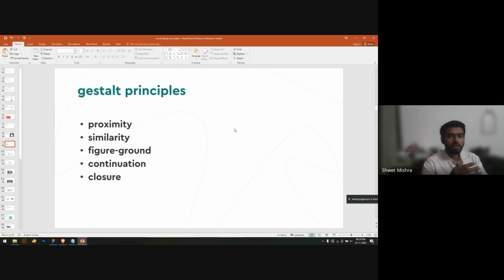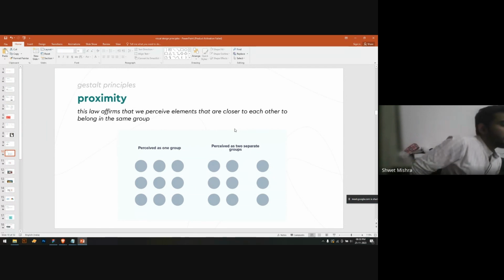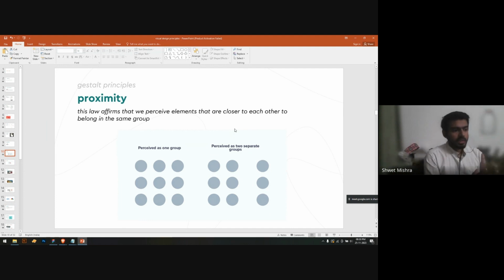So first is proximity. Correct. So the proximity principle says, or you can call it the proximity law, that we perceive elements that are closer to each other to belong in the same group. Okay. Now I'll show you with an example, a real life example. Correct. So with just keeping some things aside,